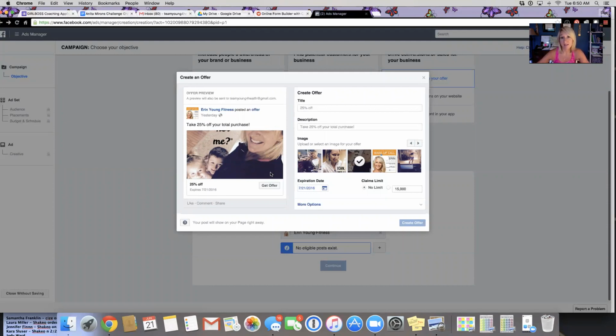Now, Facebook is starting to lift that requirement for text, but I don't know when it's going to be lifted. But right now, if you have too much text, when they say you have more than 25% text on that graphic, it's not going to get approved. So you know what?